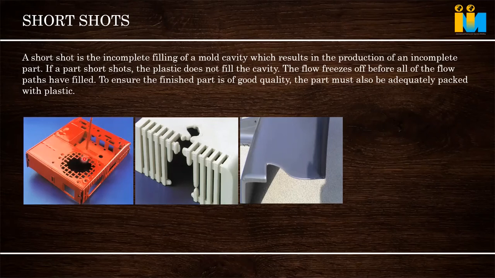Sometimes what people do is move the gate away from this area. Then also it sometimes helps, because this area will remain like an end of fill. We move the gate away from it, not near. Near means more problem. This is another type of short shot, where two flows are coming together. It is a weld line or air entrapment happening. So it is better to give some air escaping pins or air venting, and it can be solved.